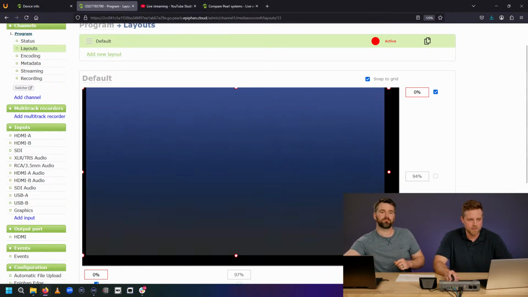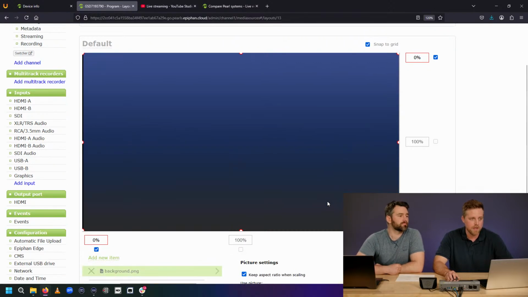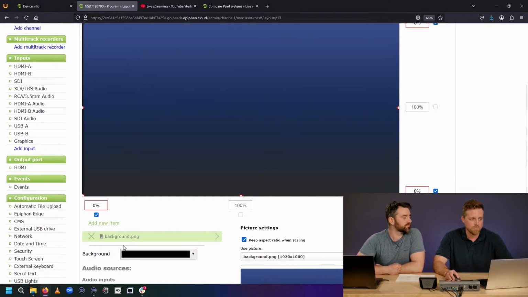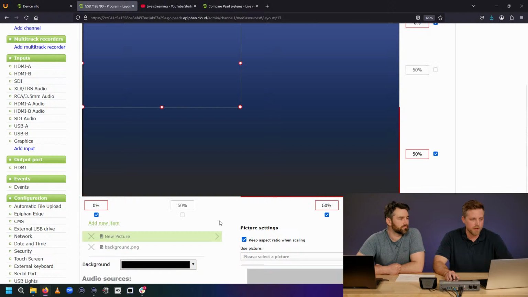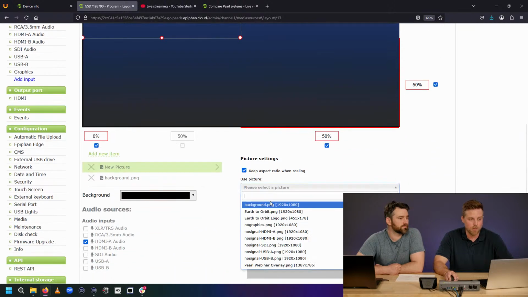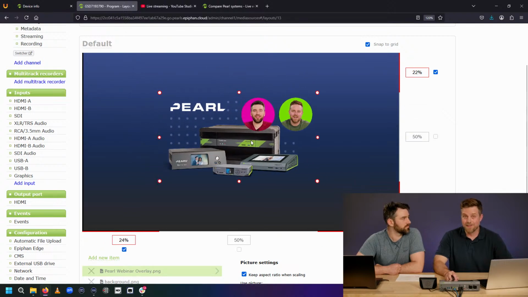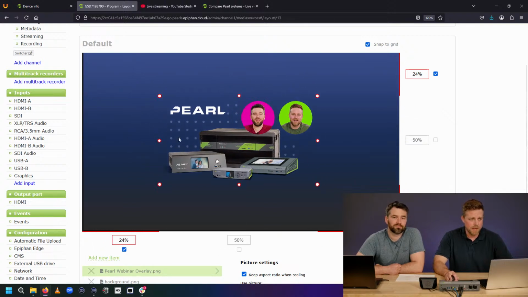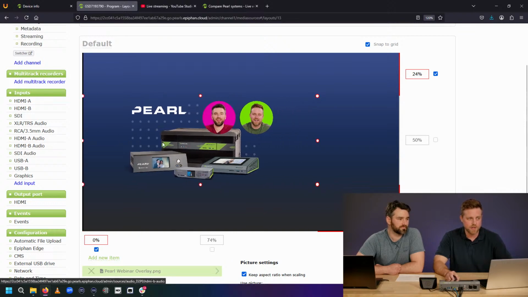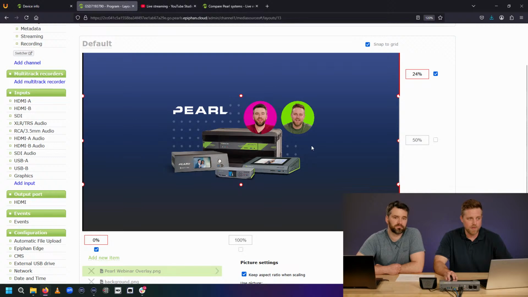You can grab the handles, you can click and drag, you can scale, and you can create your items here as layers here on the left. Now the next thing I want to do is bring in, I'm going to use this as sort of a pre-roll layout. So I'm going to bring in a little graphic here, similar to how we had at the beginning of this stream. And since this is a PNG, it's got transparency. It's going to adhere that transparency in the layout.